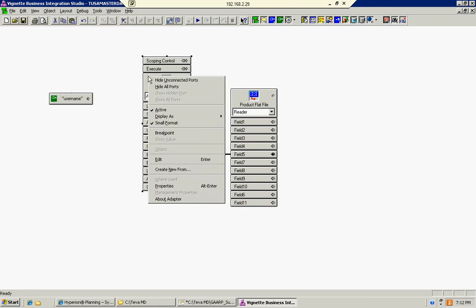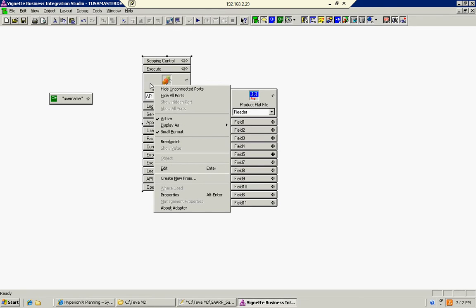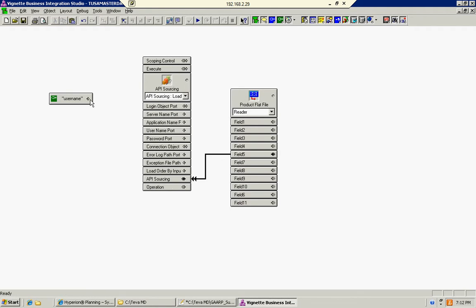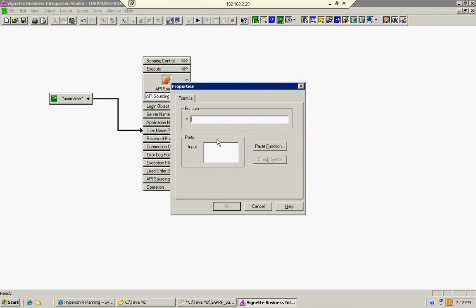If the login port isn't showing, go to hide unconnected ports, or unhide ports. All the ports are shown on here, so we don't have that option. But if it was, it would have shown, hidden ports would not be grayed out. So yeah, you take that and you connect that to the username port, and next take the password and put